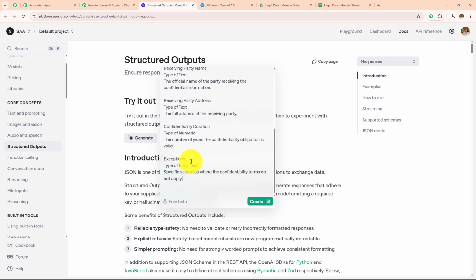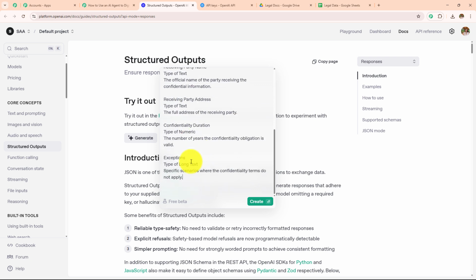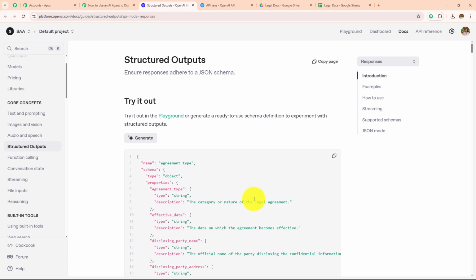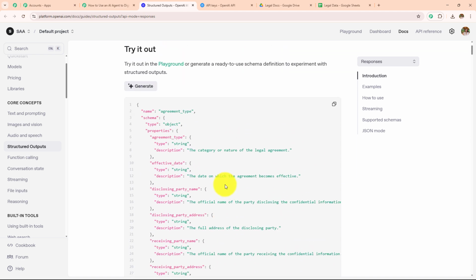I have added all these details, and now after adding all the fields, we have to make sure that we enter all the fields in this particular format itself. After adding this, we can click on create, and you will see that we are going to generate the JSON schema in no time. You can see that we have generated this, and we are going to add this